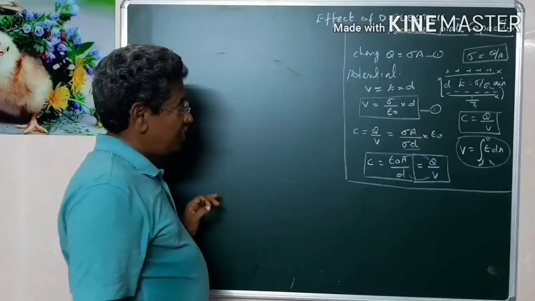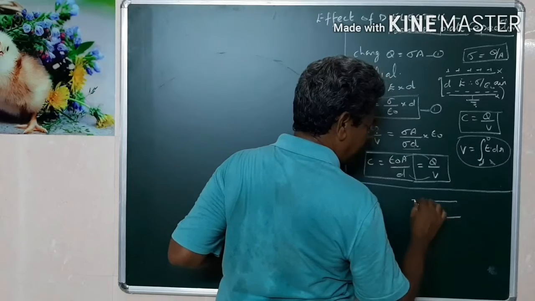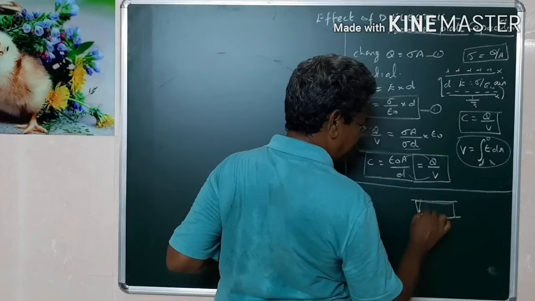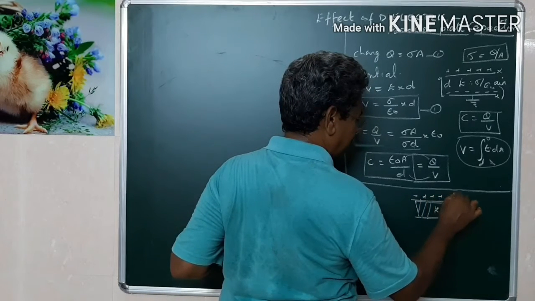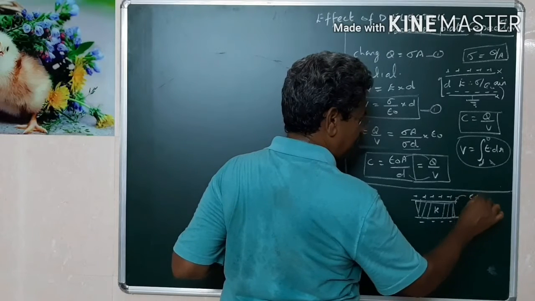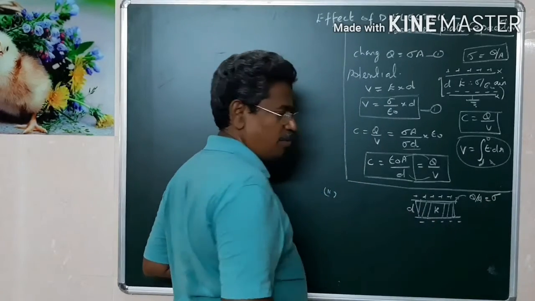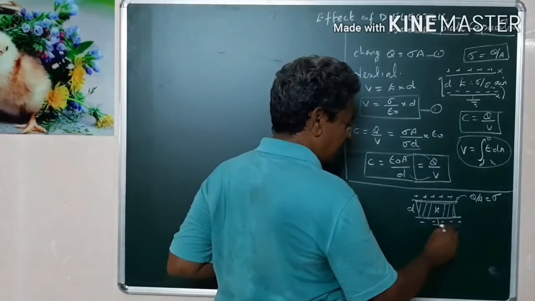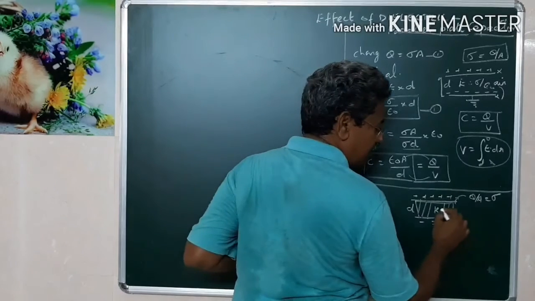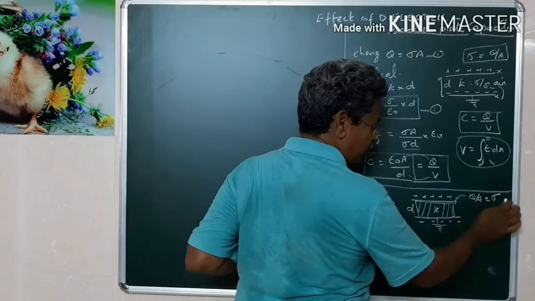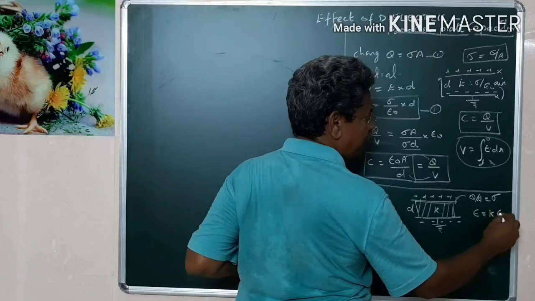Okay. The next one is, suppose the two parallel plates are filled with a dielectric slab, some material just like a mica, whose dielectric constant K is equal to something, let it be equal to 6 or some other number. Same concept, charge is given, uniformly distributed throughout the area, charge density. D is the distance between the two plates, and the lower plate is connected to here. Only difference is here the dielectric constant is K, and therefore the permittivity of this medium is equal to K into epsilon naught.